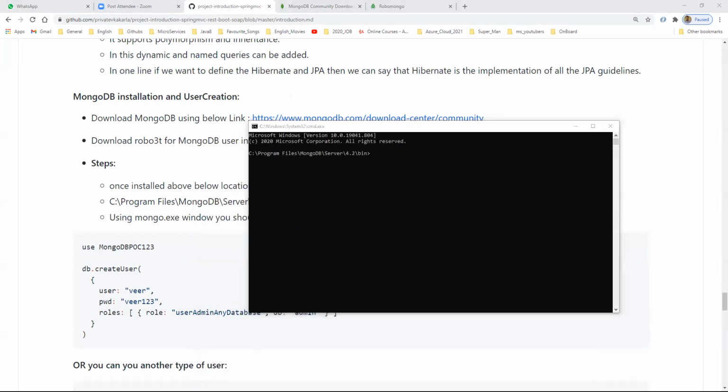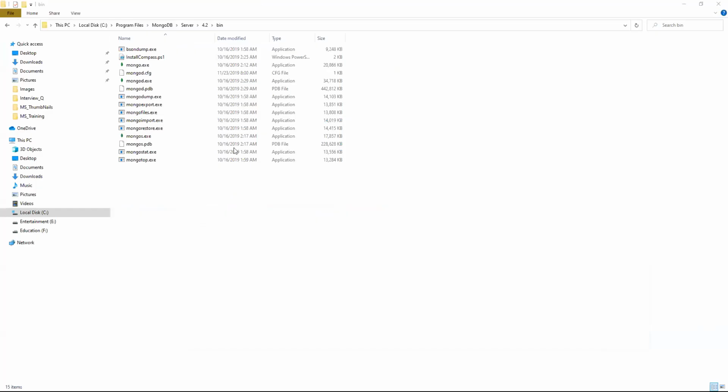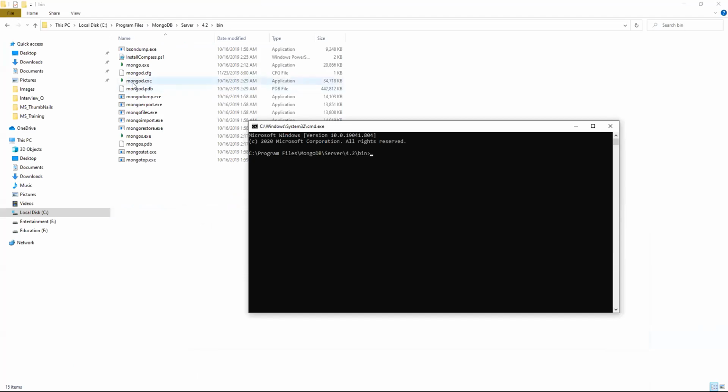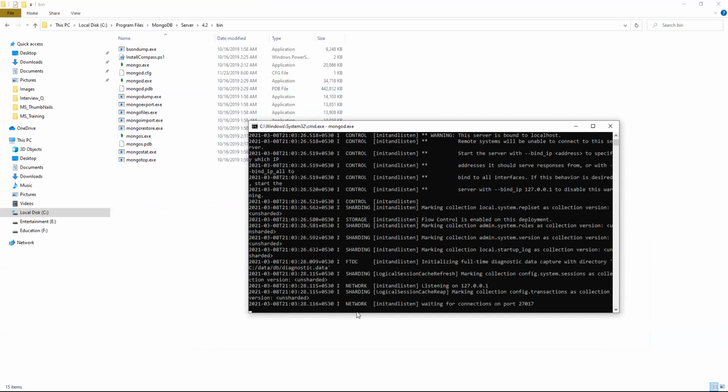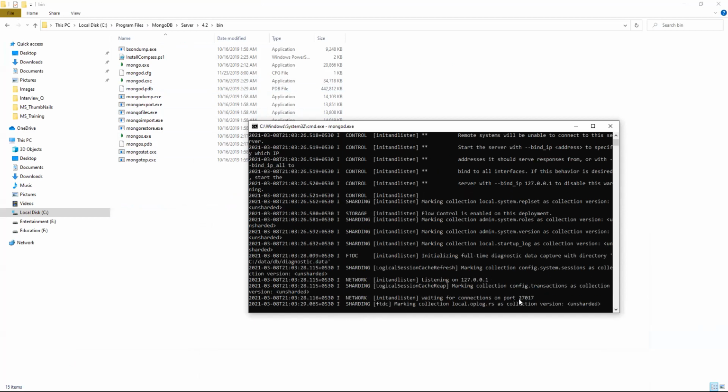So let me run mongod. Fine, now the server is started. MongoDB is started on port number 27017. After installing, you need to come to this path and run it.